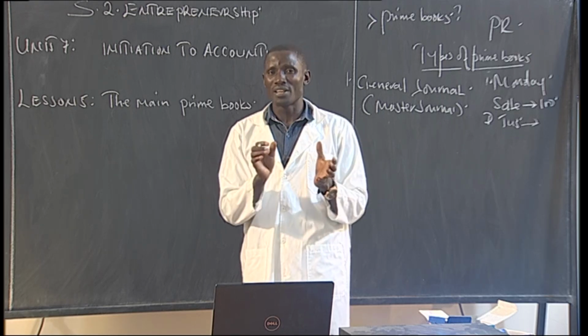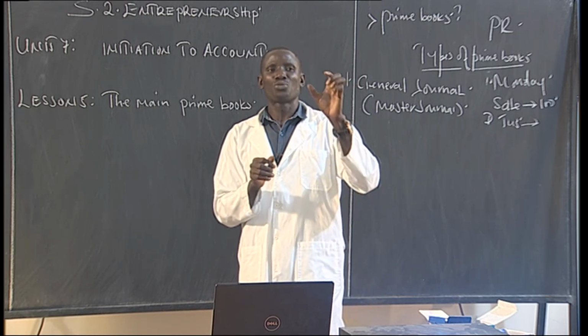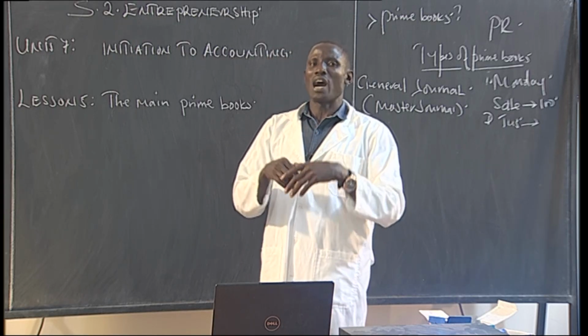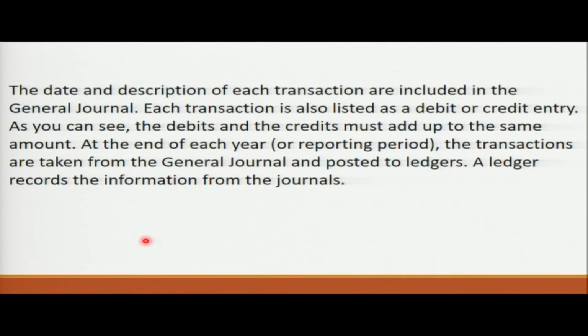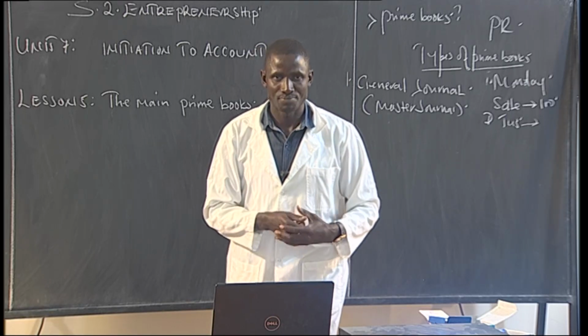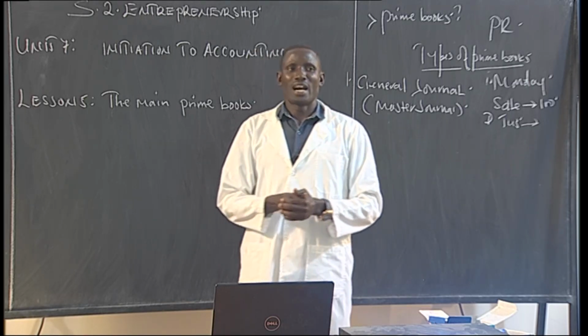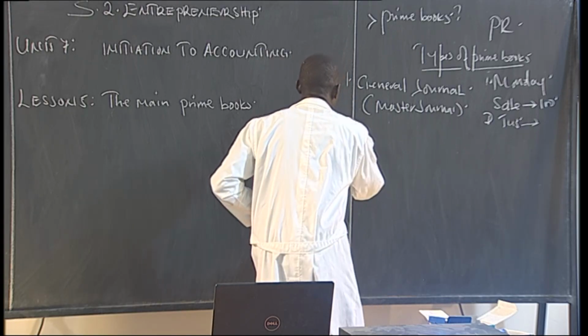Then at the end of the period, the transactions are taken from the general journal and posted to the ledger books, or a ledger book. Then a ledger book, we said, is where we always post our transactions after the general journal. It records the information from all the journals that we are going to look at. Okay? Then another type we are having